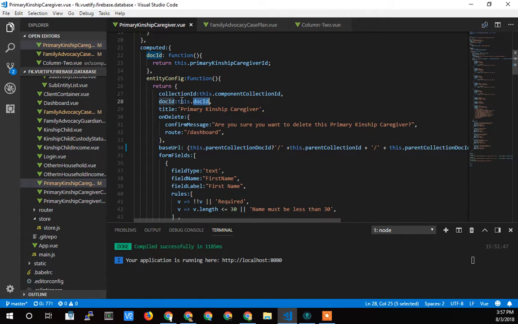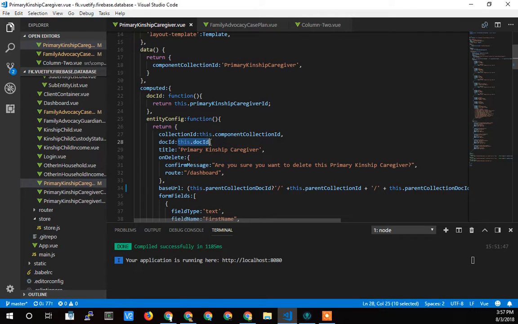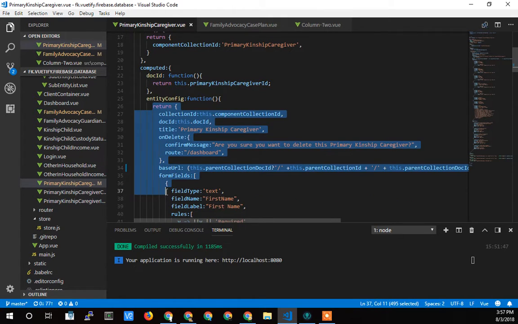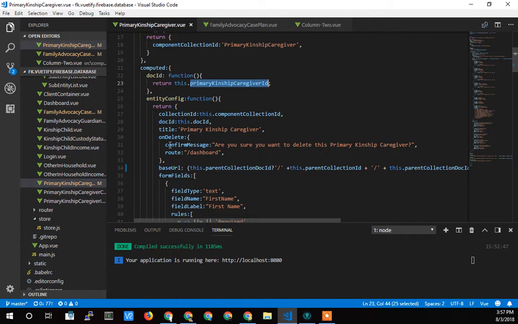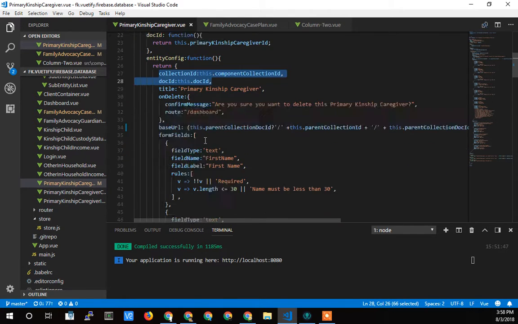The reason I'm doing it like this rather than hard coding it here is because ultimately I want to figure out how to pull that out. Right now, this doc ID comes from this doc ID, which is a computed function based on the ID that's passed in as the prop, which comes from routing, and that's this ID here. Ultimately, I think I'll end up pulling all of this configuration out, and call this object from somewhere. Where the dynamic stuff needs to be, like these two, I'll pass them in on the form. I'll just add them to the object after getting the base config. I still have to figure out how to do that. Anyway,